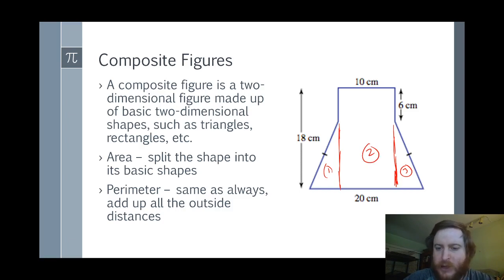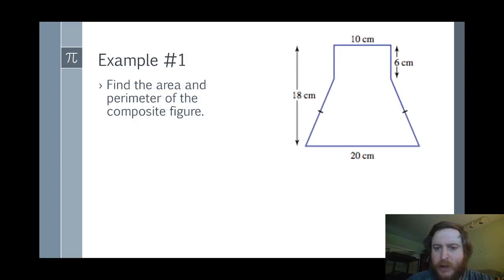For perimeter, we do the same thing. We add up all our sides. Now, you do want to be careful about any diagonal lines, right? We will have to do a squared plus b squared equals c squared to find that distance, but otherwise we're just adding up all of our outside edges. So let's jump into it and just try that. So for the area,